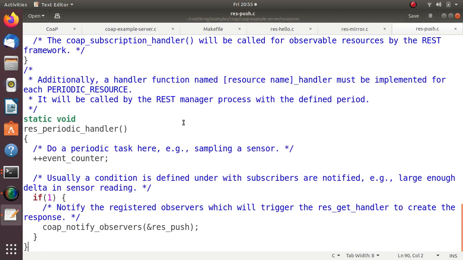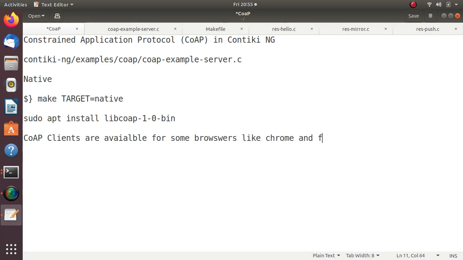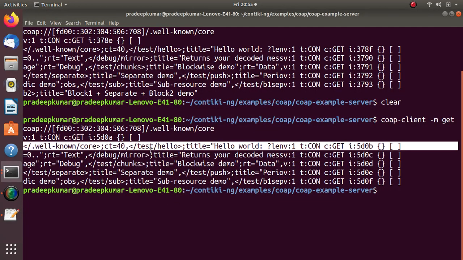In case you have any handler in Google Chrome, there is a plugin for a CoAP client. CoAP clients are available in some of the browsers, like Chrome and Firefox. If you want to use it, you can download it and use it. But there was a plugin called Copper, which was very old and used legacy APIs, so I think most browsers have stopped supporting it because of some vulnerabilities and bugs. Having said that, this is how CoAP fetches the values.